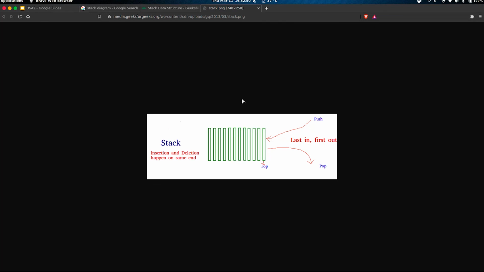Now, in order to manage those applications, we need to manipulate and store data, and for doing that, we have various data structures. Our memory is also a resource, and we have to manage it. In order to manage it, we have to apply different kinds of rules according to different situations.